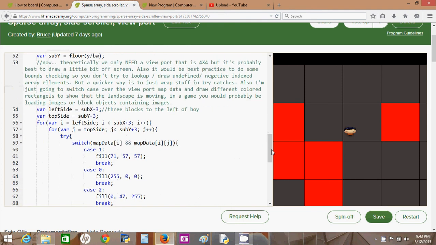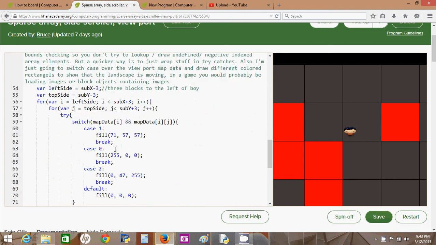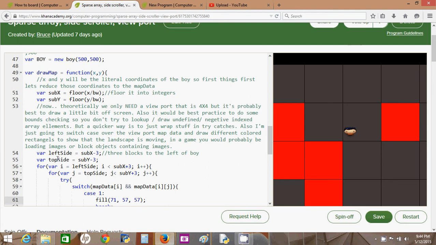So let's look at these variables. This is just one big comment. So going into draw map, I've just set up 4 variables, and these 2 variables, I remember, have to do with the top left coordinates of the viewport,